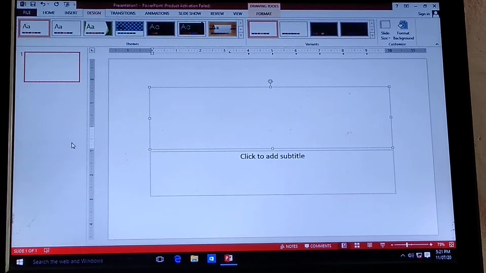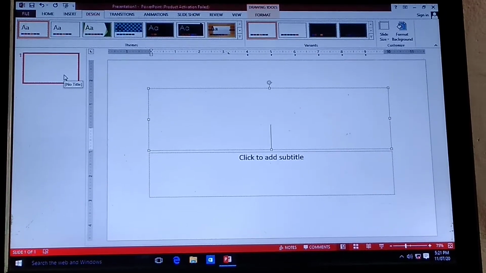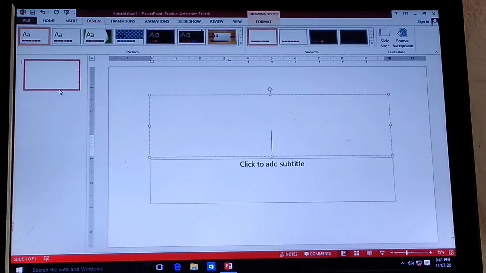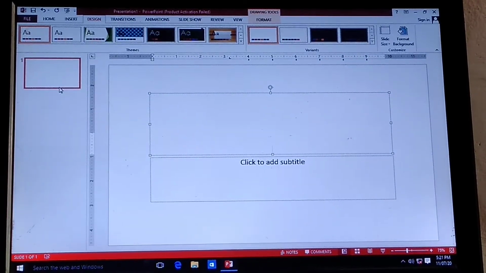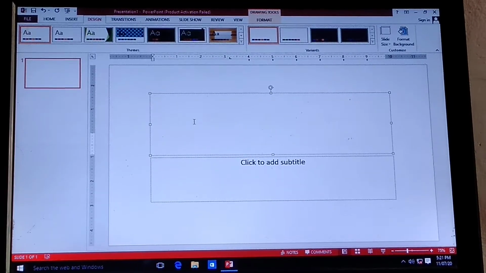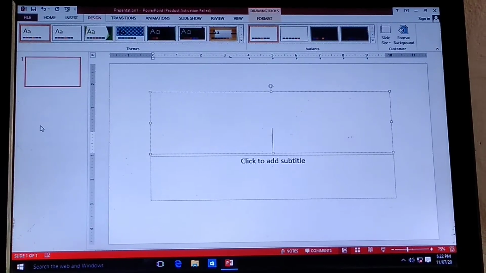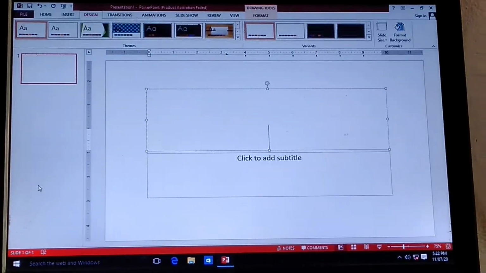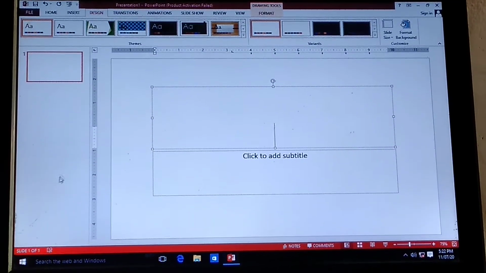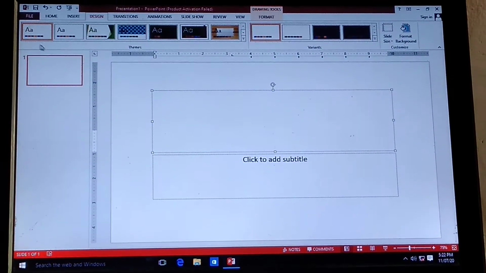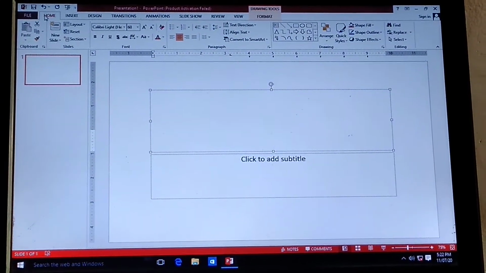Then move on to the left side. This. Can you see that? This is called slide navigation pane. It is presented on the left side of the PowerPoint window. It provides a thumbnail view of all the slides. So, whatever slide you create here, it will show in your navigation pane. And after that, there is a scroll bar which only displays when you have a number of slides. Okay, right now it is not displaying here. Okay, and in this way, we open the PowerPoint presentation and these are the components of the presentation.